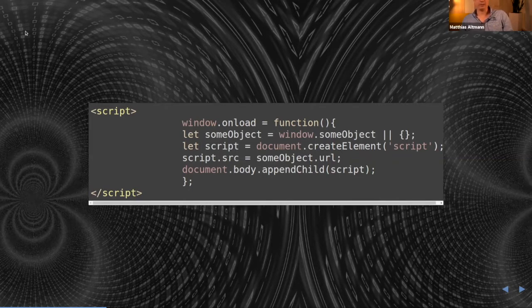The next three lines use this object and create a script tag, which is then appended to the body of the HTML page, so the script will be loaded. Probably the intention of the developer at this point was to dynamically load a script, using an object and the property URL from this object.